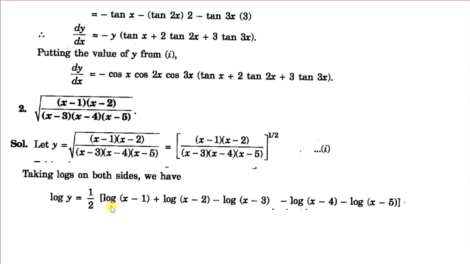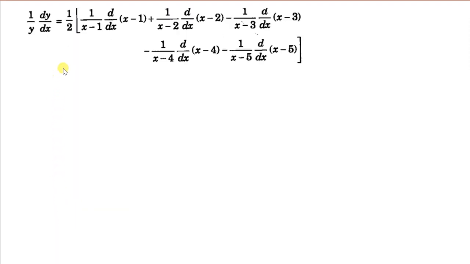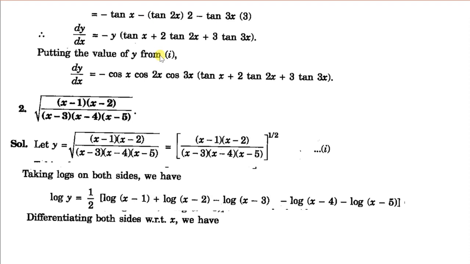Then we differentiate with respect to x. So differentiation of log y, first differentiate with respect to y and then chain rule, so then differentiate y with respect to x. So log y's differentiation is 1 by y, and then y's differentiation with respect to x is dy by dx, equal to, on the right hand side we have log x minus 1, so its differentiation is 1 upon x minus 1, okay, and multiplied with differentiation of x minus 1 which is 1.